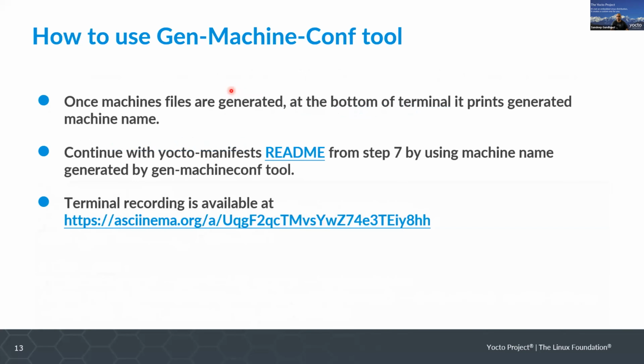Right, let's see. So once Gen-Machine-Conf parses the XSA or the system device tree, at the bottom of the terminal in the host, it prints the generated machine configuration file. All the machine configuration files will be generated under the build conf machine directory. So you can run this for multiple hardware designs, and for each hardware design, you generate a specific machine configuration file. And once the machine configuration files are generated, you can use the BitBake tool with the Yocto project to generate all the images. And that's it. And we have a small